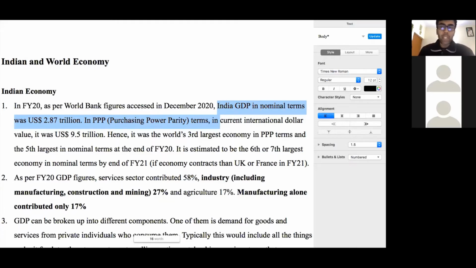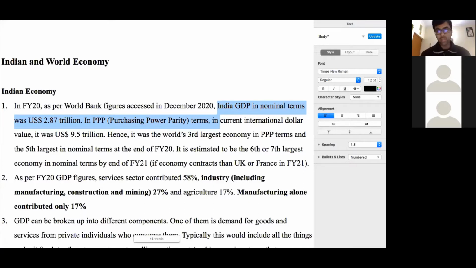That's why the actual value of the US dollar comes to around 22 to 23. The actual value of the US dollar, when we take into account the cost of living as well, is not 73 or 74, which is the nominal value, but the actual PPP value of the US dollar versus the Indian rupee comes out to around 22 to 23. So that makes the PPP exchange factor around 3.2 to 3.3. That is, an average person in the US spends 3.2 times the amount that an average person spends in India.